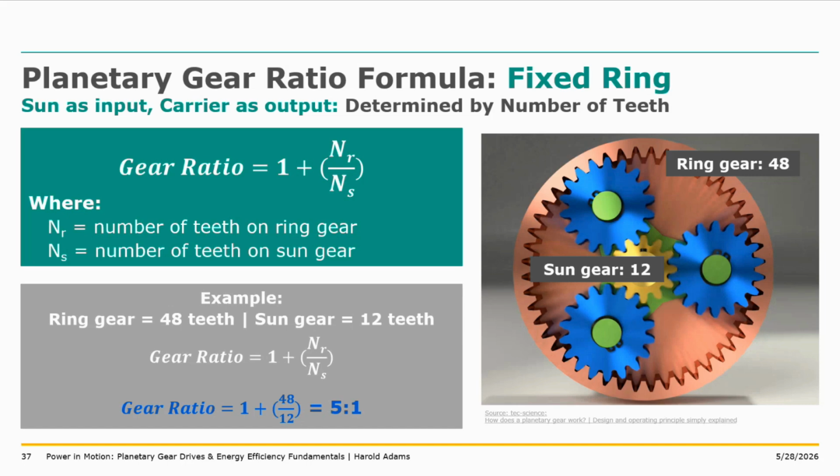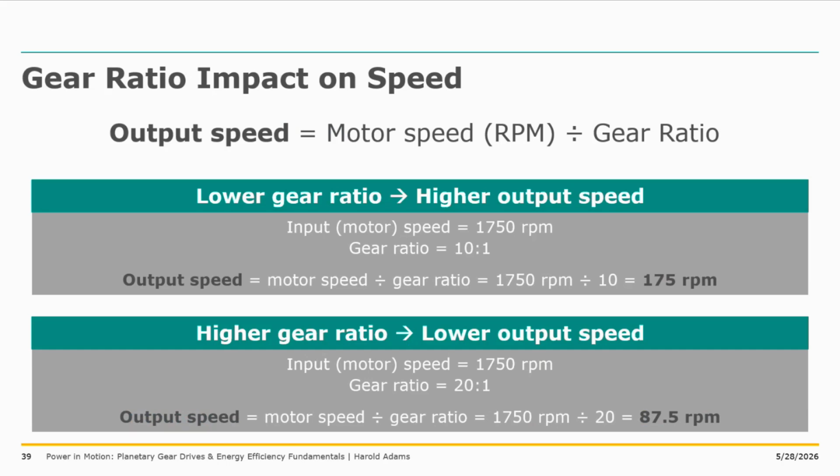For example, the ring gear with 48 teeth, the sun gear with 12. We plug in our formula. 48 divided by 12 is 4, plus 1 gives us a 5-to-1 gear ratio. Now that we know our gear ratio, and we could safely estimate our motor speed by the nameplate information, we